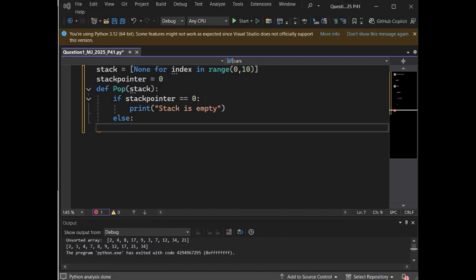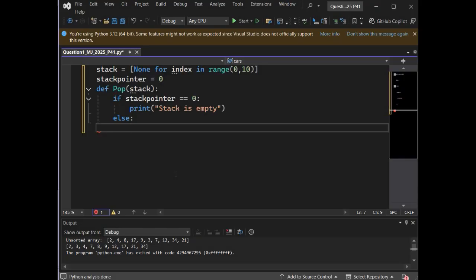Now if stack pointer is not equal to 0, then you are going to take one element from stack and put it into a variable that you can then return.